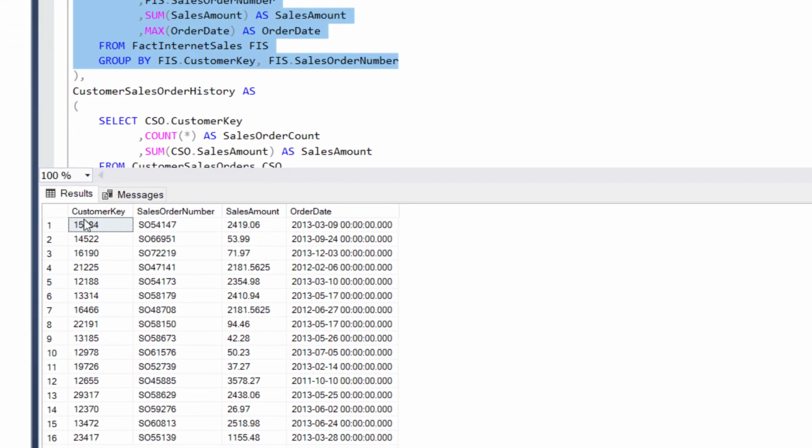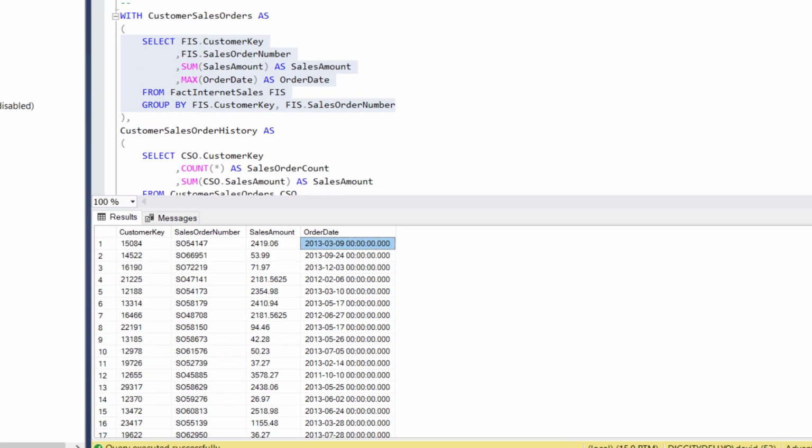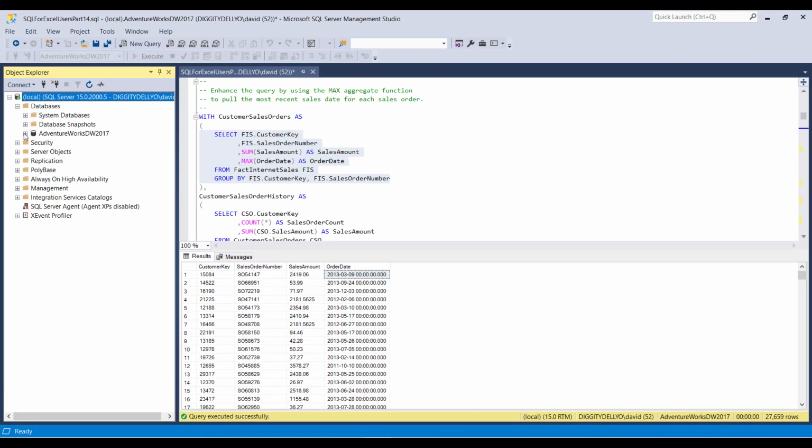And there you go. So for customer 15084 and their sales order 54147, here's the total sales amount, and here was the order date. Now you'll notice that all of these times are blank. And that's because in the database, if we go over here and open it up, and take a look